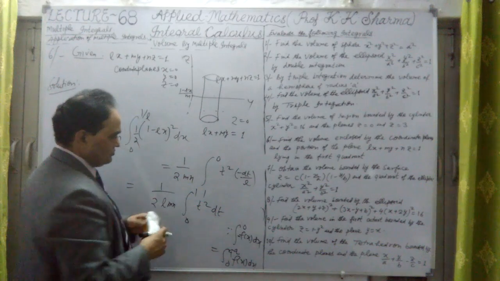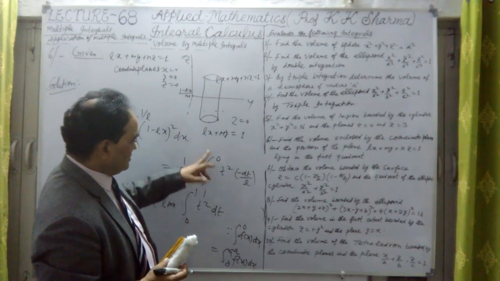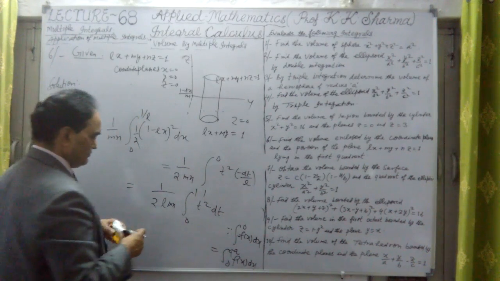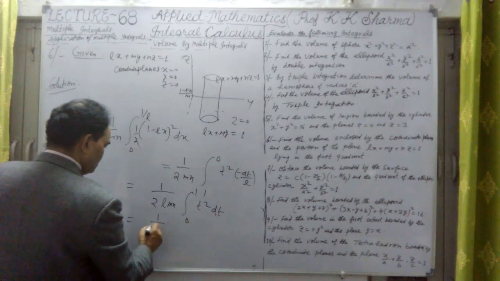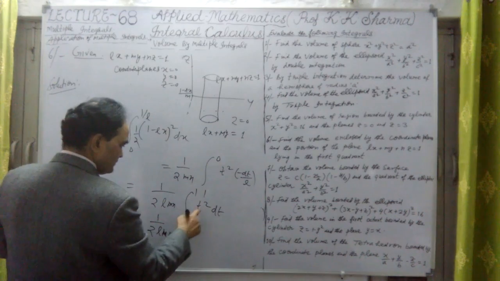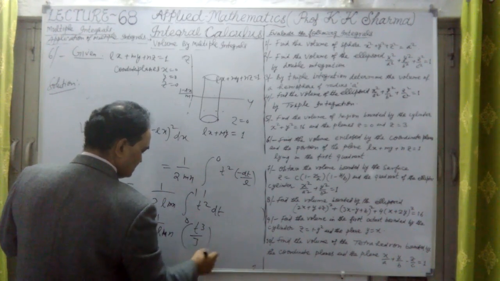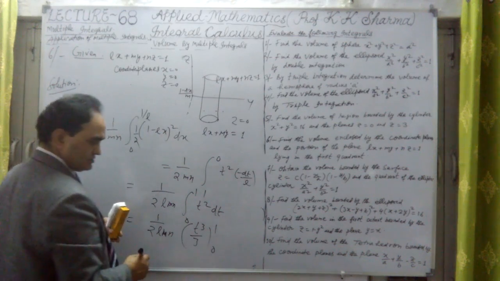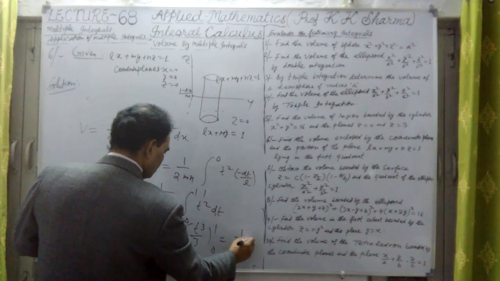Similarly here, because it is a minus sign, they will reverse the limits. This is 0 to 1 now. So finally, what is it then? This is 1 point twice L and n, and this is t cube upon 3, the integration of t square from 0 to 1. It is 1/3 only. It will give us 1/6